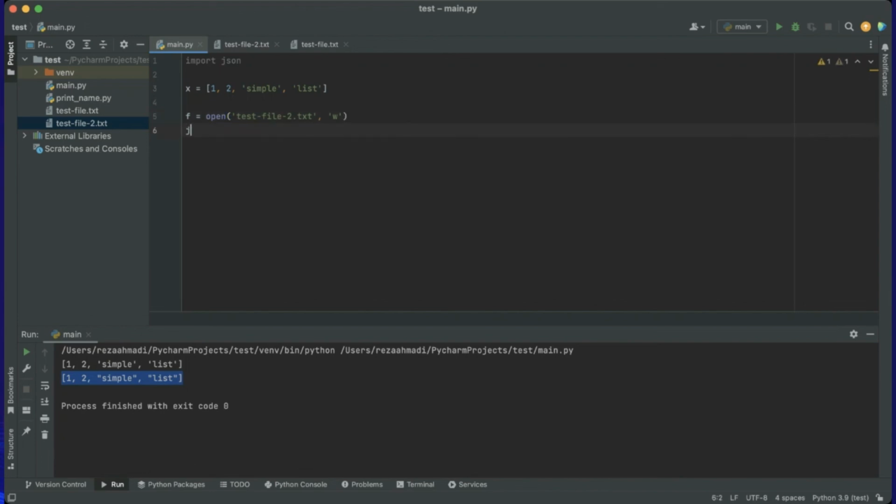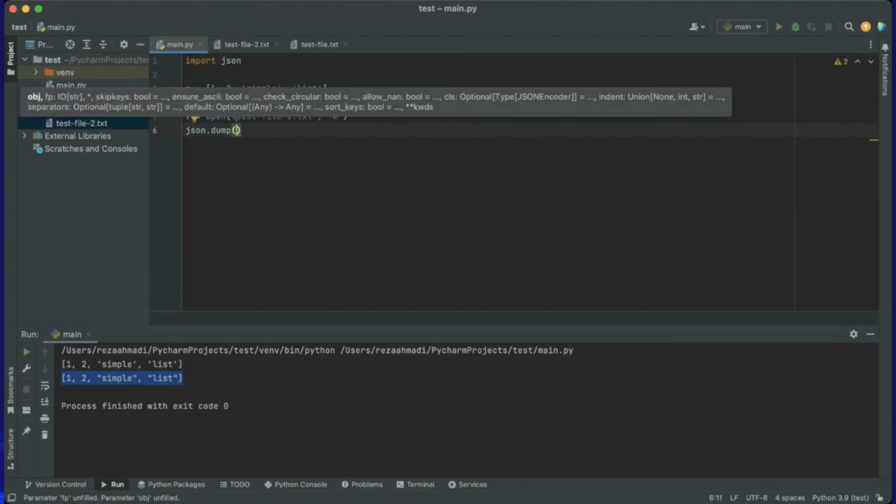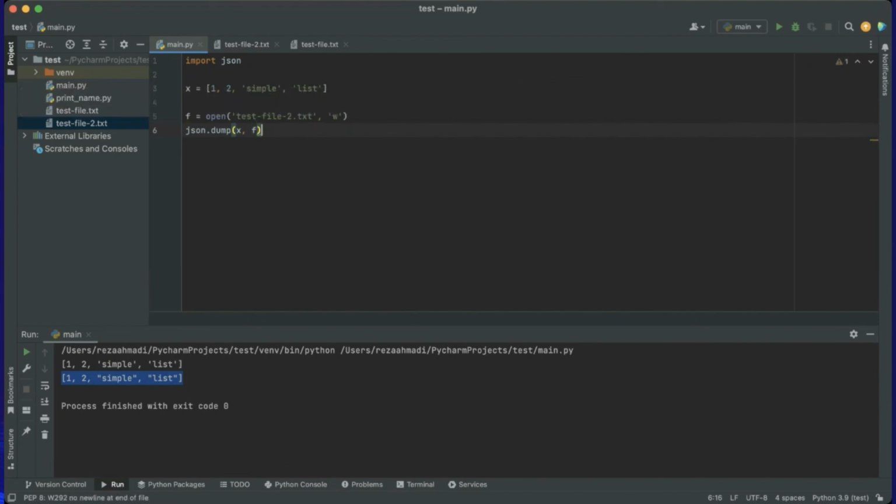And here we say json.dump. What do we want to dump? x, object x. Where? To this file. So the second parameter is the file, and we have to close the file. So let's run it,